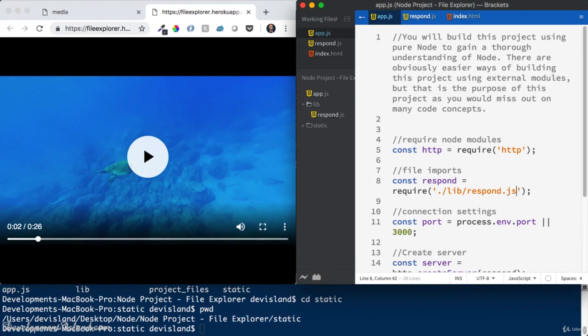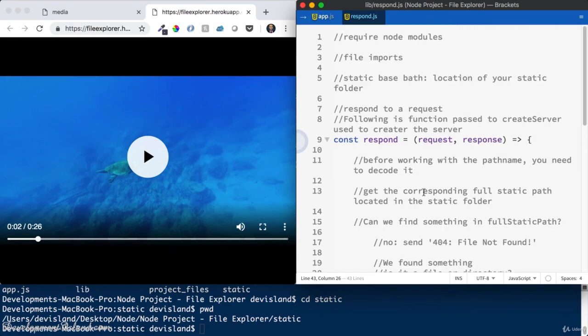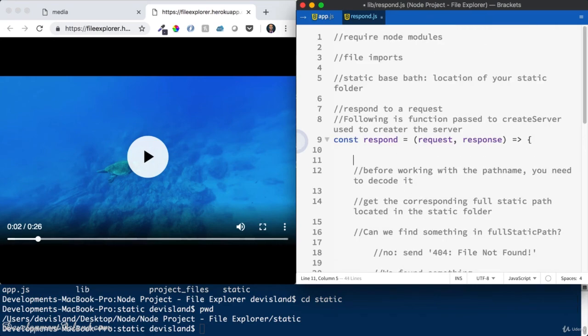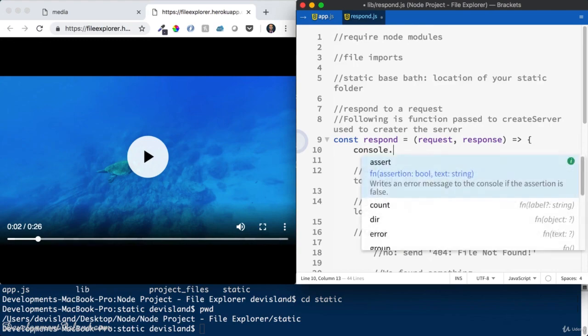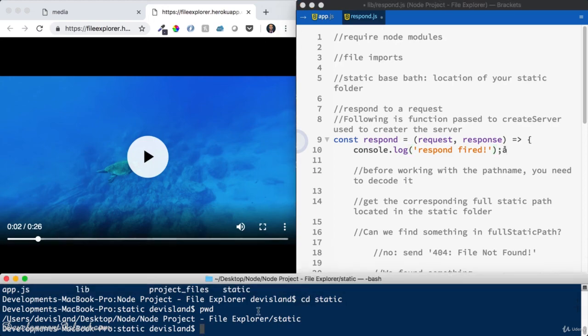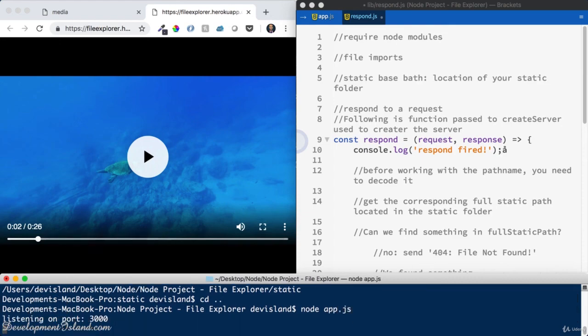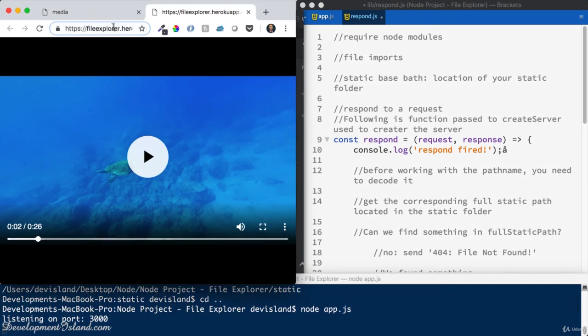Okay. Now, just to make sure our code works, I'm going to go to the respond function and console.log something at the very beginning, like "respond fired". So let's launch our app and see if it works. So let's go back to our project folder, then launch the app using node app.js, and let's launch